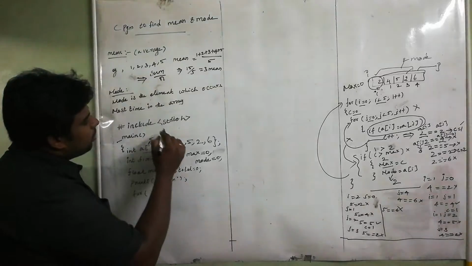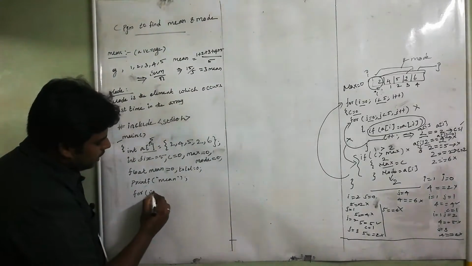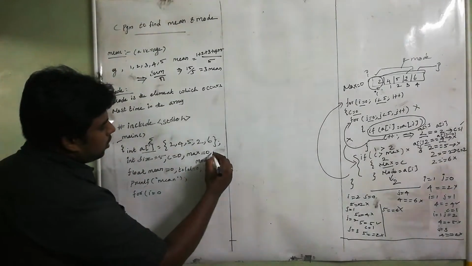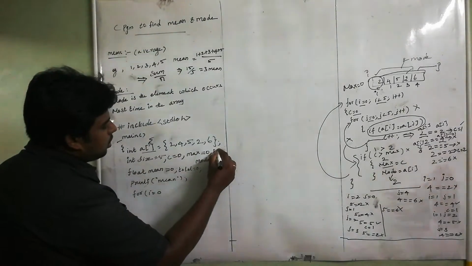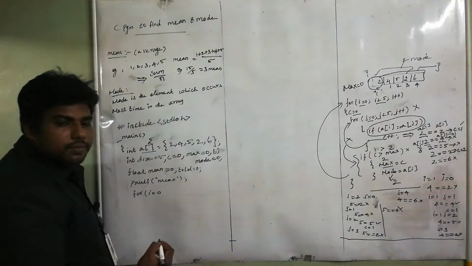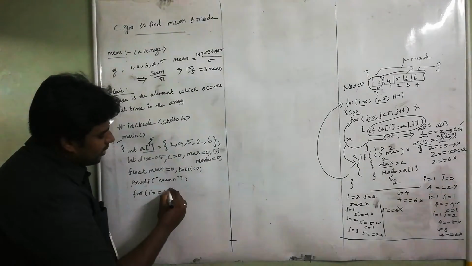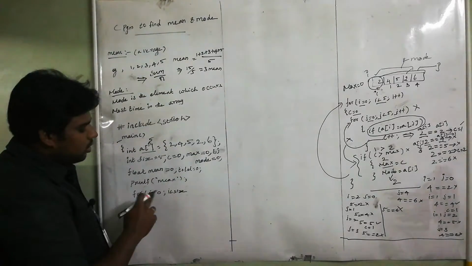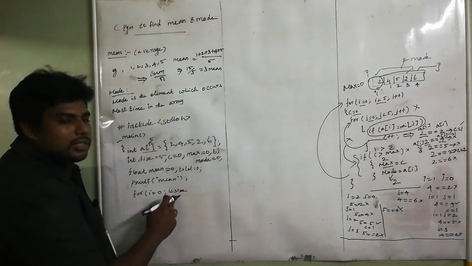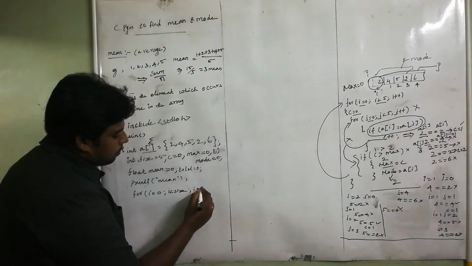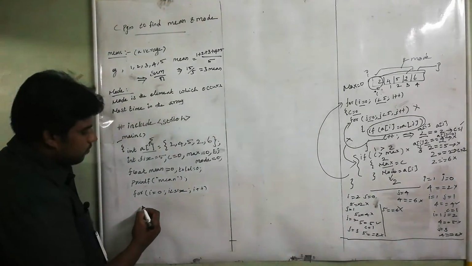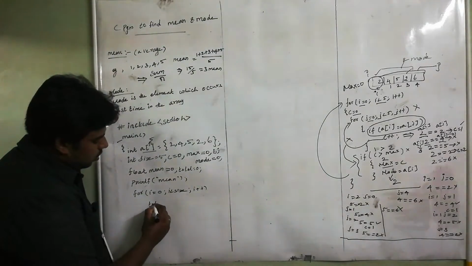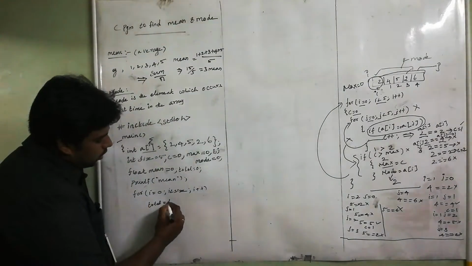So array starts from 0 index, right? So I equal to 0. Whether you declared I? No. Then you declare here I, then j. Okay, two more variables. I equal to 0, I less than size. Why I less than size? Size is 5, 0 to 4. That's why less than size. I plus plus. Then inside the for loop, total equal to total plus